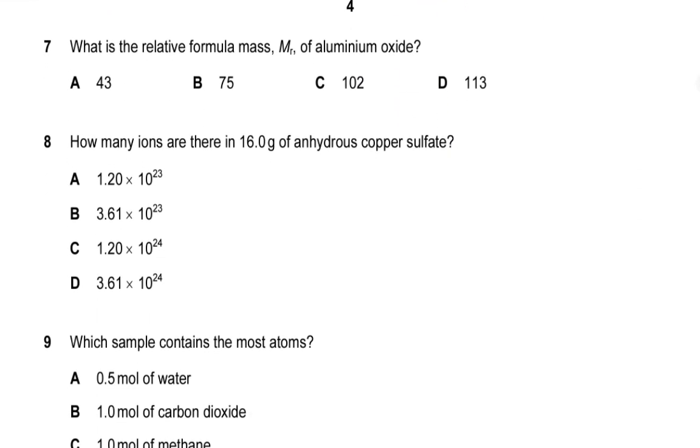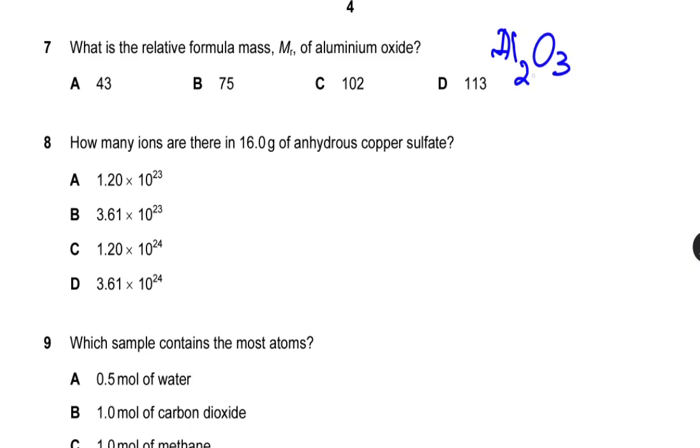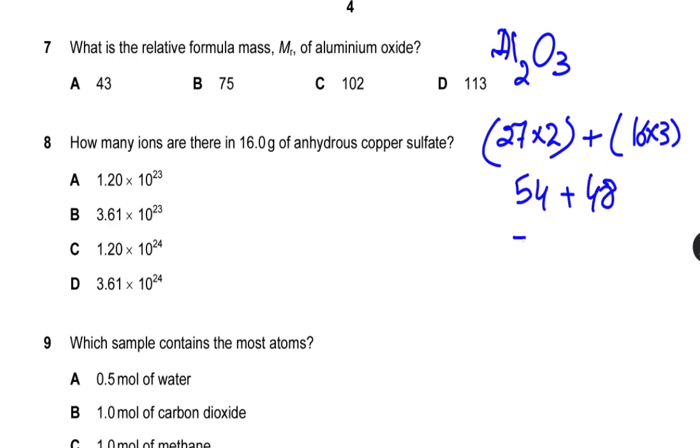Question number 7. What is the relative formula mass of aluminum oxide? I will tell you how we will calculate it. The formula of aluminum oxide is Al2O3. The atomic mass of aluminum is 27 multiplied by 2, plus 16 times 3. The answer will be 54 plus 48, and it will be 102. So the correct option is 102. Now the next question is,